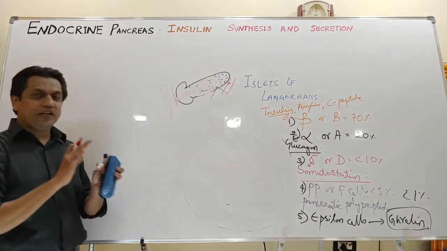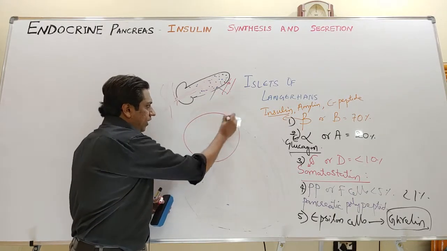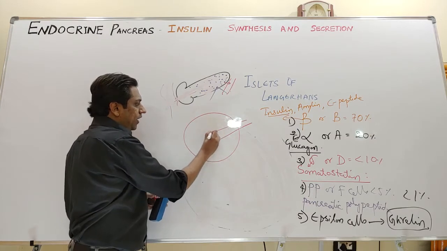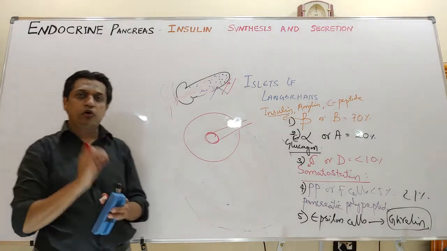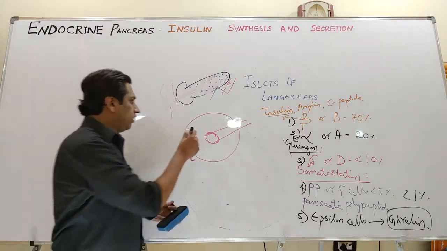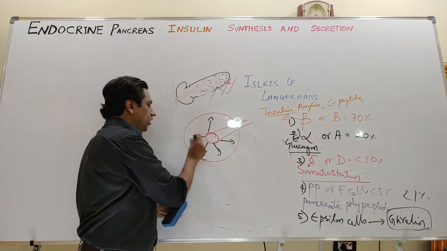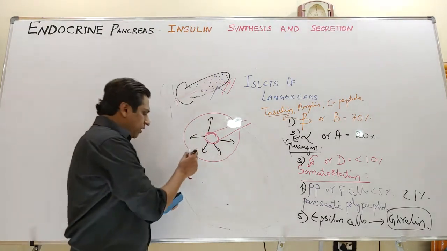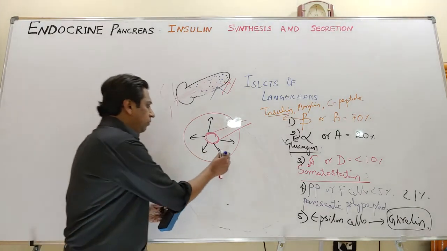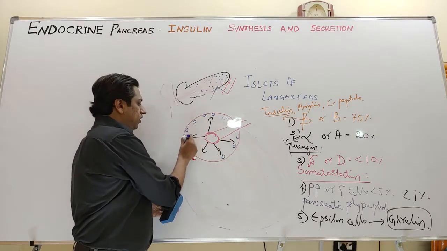So there is a strategic arrangement of the blood supply also. If we consider the islet of Langerhans, the arterial blood supply will first supply the center where the beta cells are located. From the center, capillaries continue, and these are fenestrated capillaries. From here the venules originate, and these venules will ultimately drain into the portal circulation to the liver. So this is the blood supply.